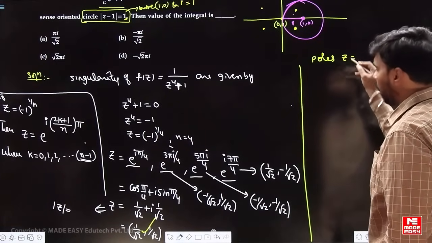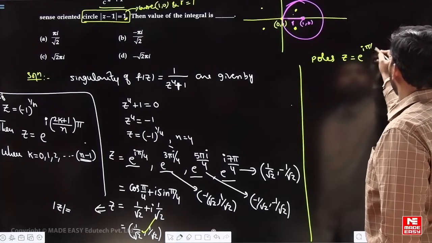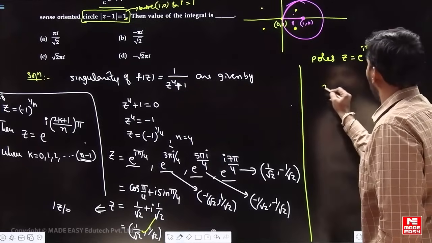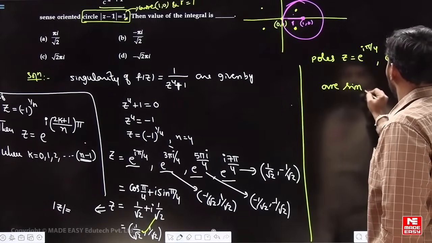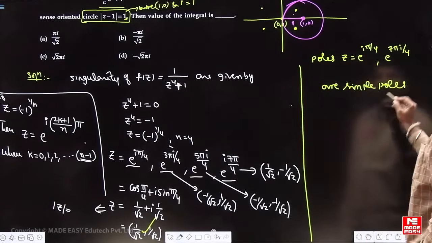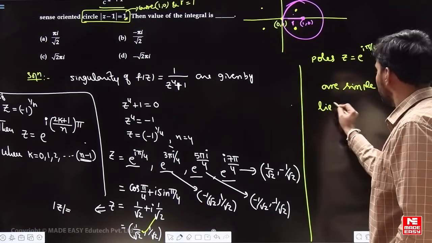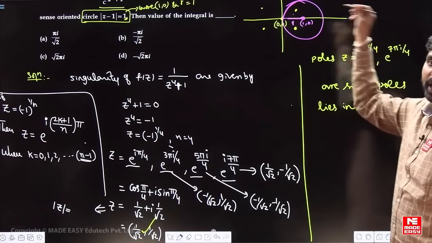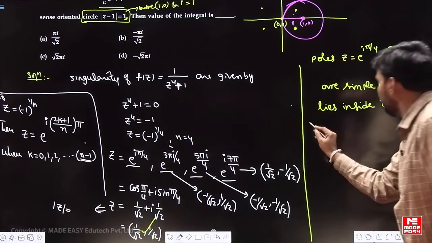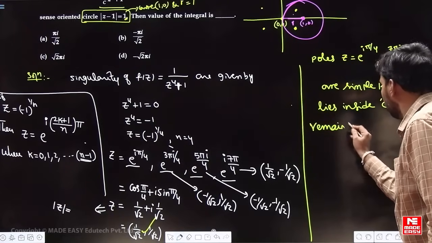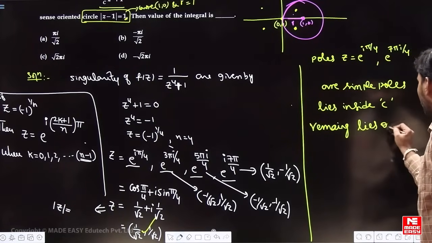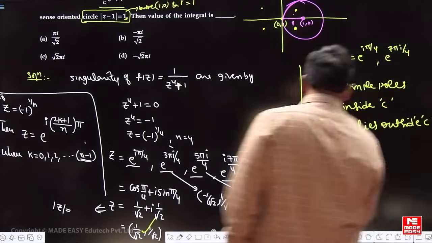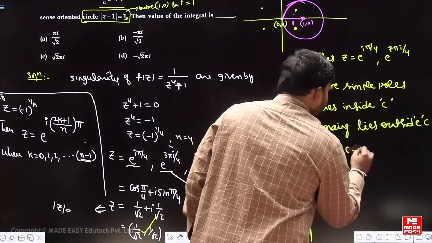So now I can say the poles z is equal to e to the power of I pi by 4 and e to the power of 7 pi I by 4, the simple poles, because they are not repeating, lie inside C. So these poles lie inside the contour here, and the remaining lie outside C. So therefore, by Cauchy residue theorem,